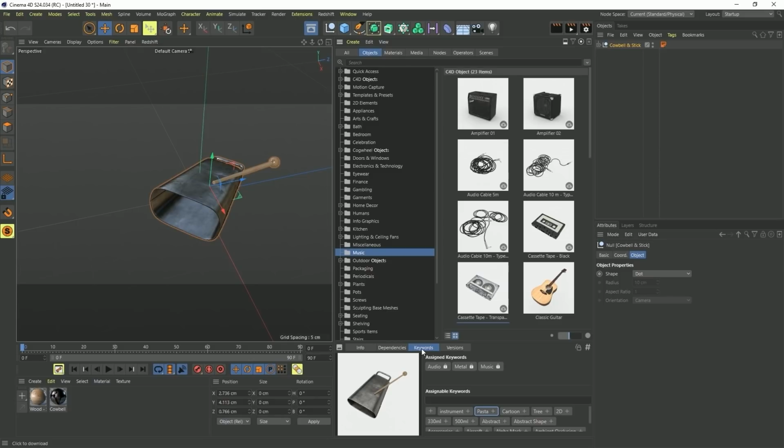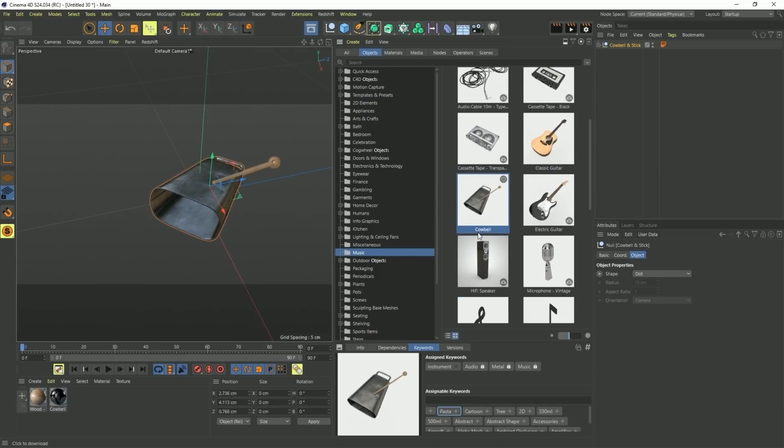But we have the ability to add our own on top of that. In this case, I already did this in the test. So here is instrument. I just want to add the word instrument to the assigned keywords. And now we have audio, metal, music, instrument, and of course, because that was the cowbell, cowbell is also involved in that as well. Using all this metadata and the keywords, up here we have a search bar,